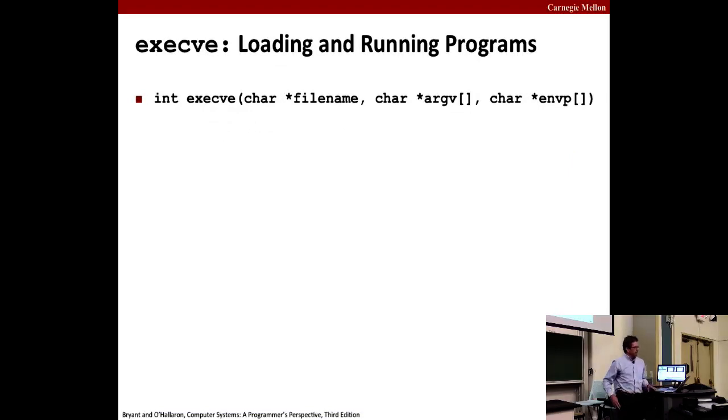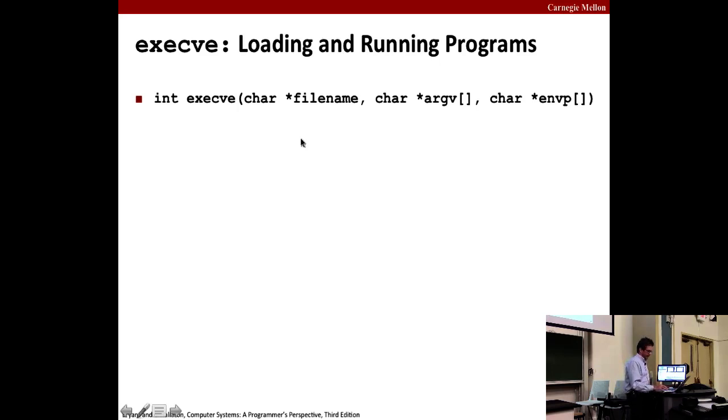Now, another important topic. So we've learned how to create new processes. But when we call fork, we just create an exact copy; the child is just an exact copy of the parent, running the same code, same program, same variables. Okay, to run a different program inside of a process, we use a function called execve.